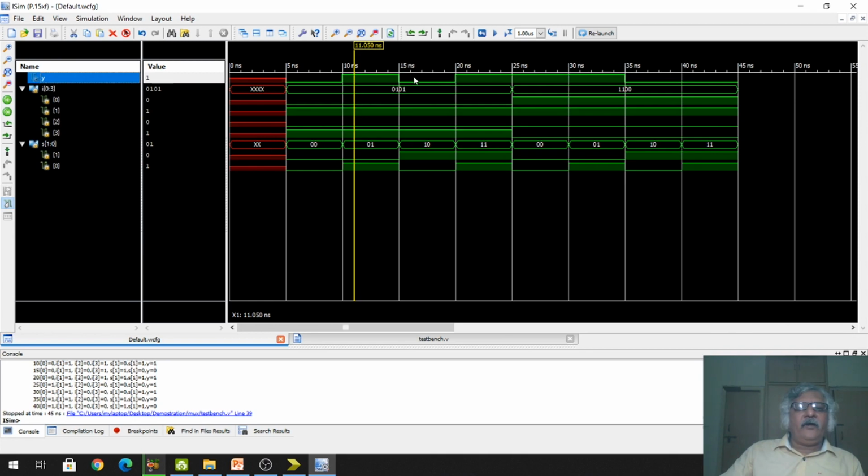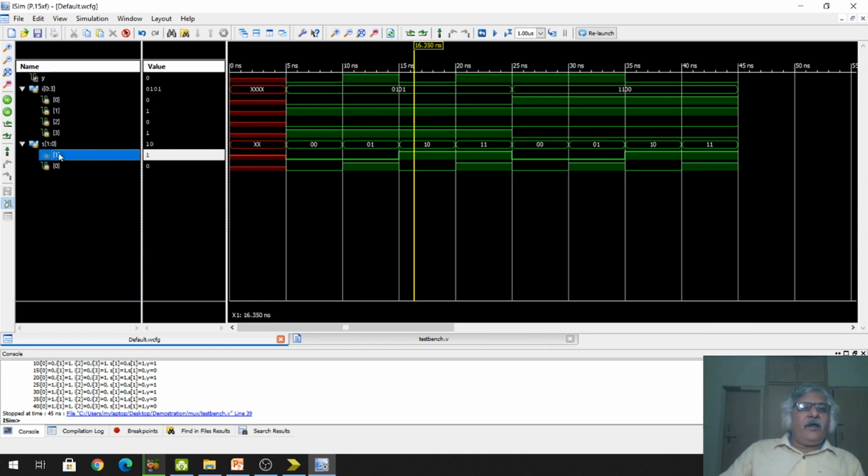Okay, it is working fine. Then come to the next condition. Now select line S1 is 1, S0 is 0. So if this is the condition, then the value of I2 will be transferred to the output. What is the value of I2? It is 0. So see here at Y, we are getting 0. Right? It is also working fine.